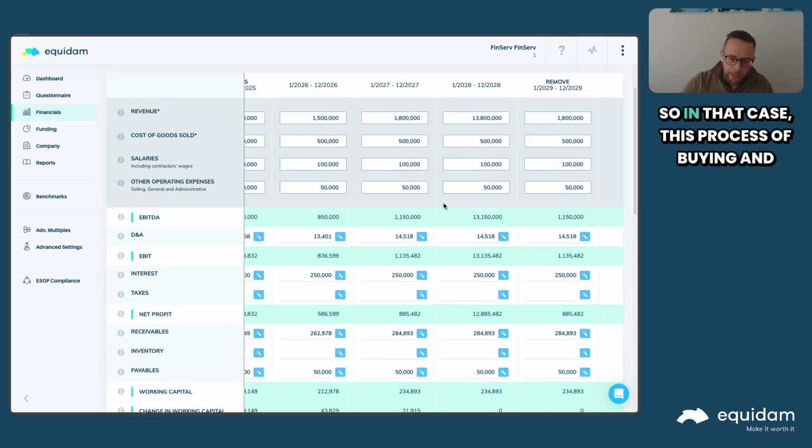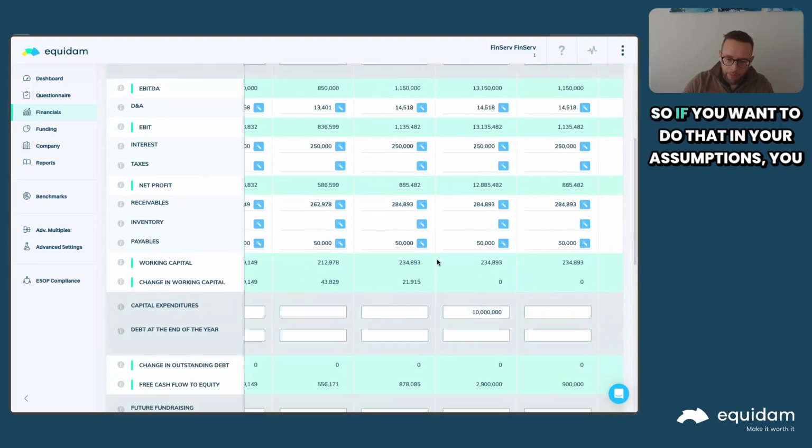In that case, this process of buying and selling buildings can add to the business model. So if you want to do that in your assumptions,